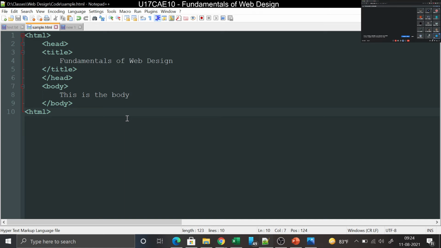Okay, quickly we'll start with the paragraph tag, which we have already seen. This is just content, and this is a paragraph tag. First I have one paragraph, then I have a tag called HR. Can anyone tell me what the HR tag is? What does the HR tag do? Horizontal rule. Good.